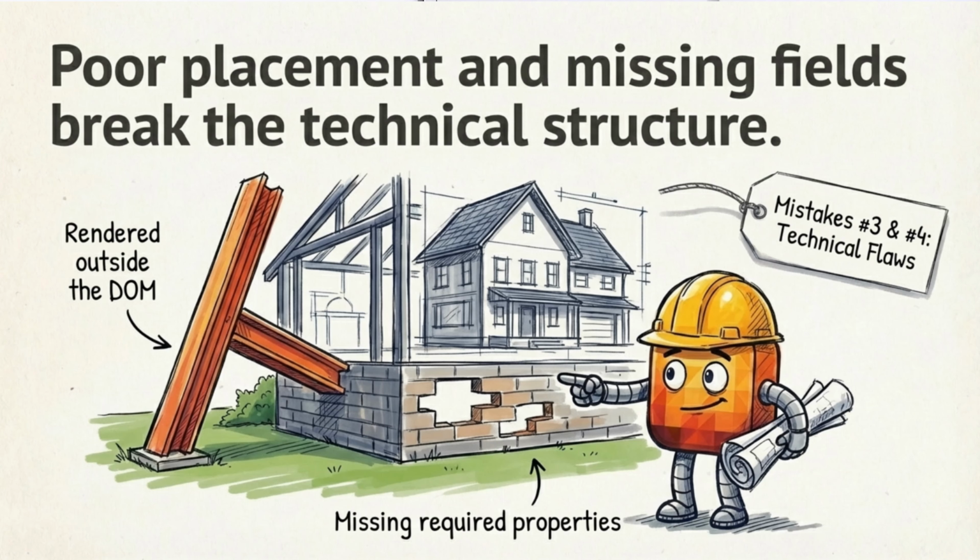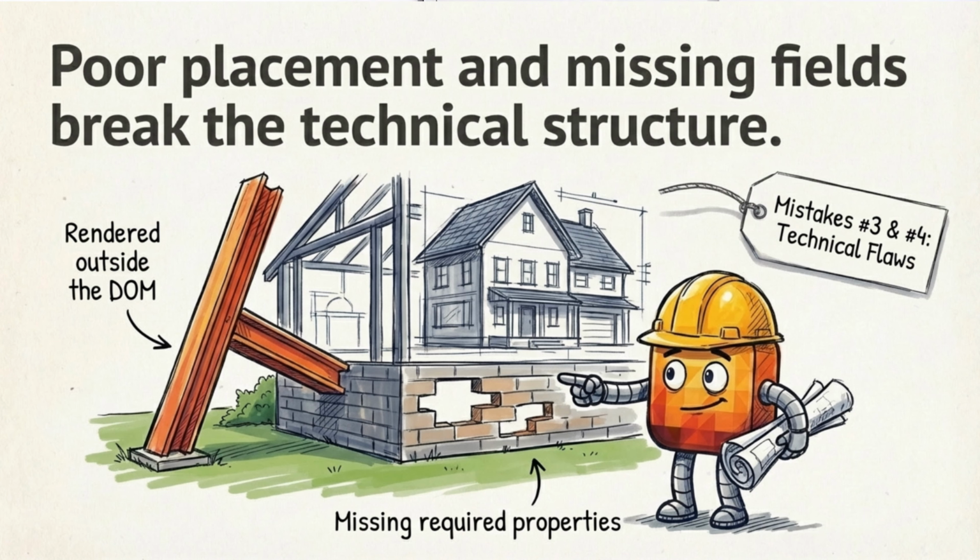Mistake number three, incorrect metadata placement. This is technical, but it matters. Google has confirmed that metadata signals, including certain schema implementations, need to be in the correct location in the DOM to be properly read. If your CMS or a JavaScript framework is injecting content in a way that moves your structured data into the body instead of the head, or renders it after the page loads in a way Googlebot can't see, your schema might as well not exist. We always verify this in Search Console and with rendering tests.